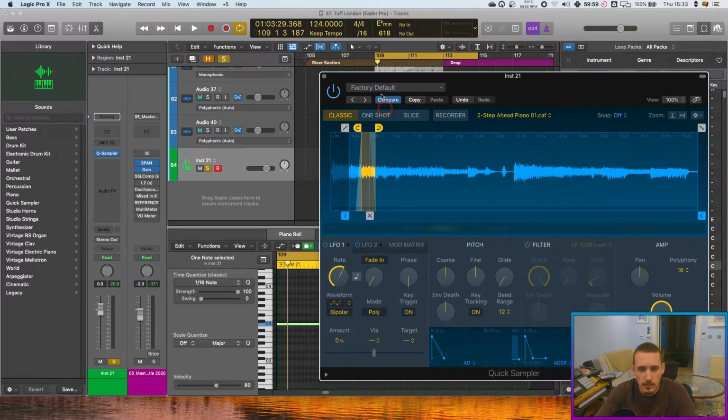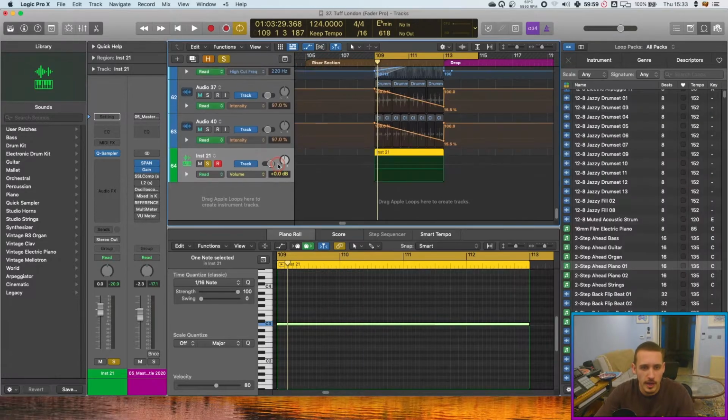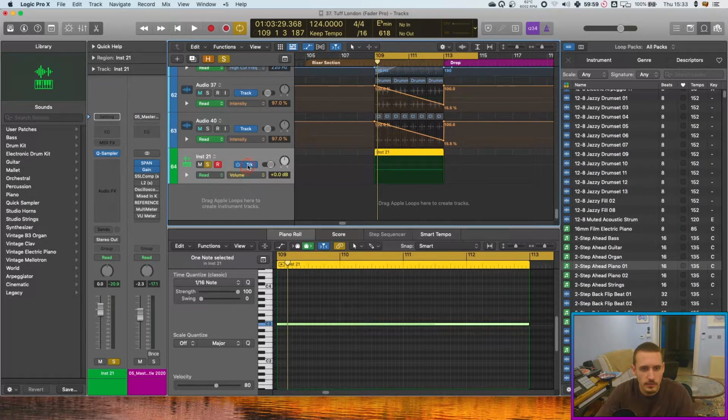What I also did, you might see me quickly do, is put the pitch range to 12, and that's just going to mean when I do a pitch bend, it's going to have a bigger range, and I'll show you that now. So the first thing we're going to do is go from track automation